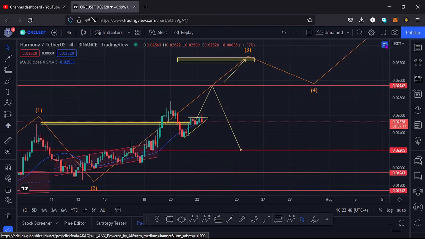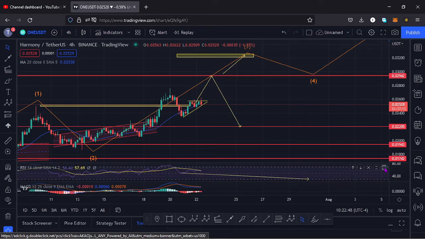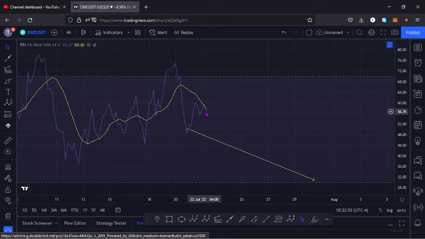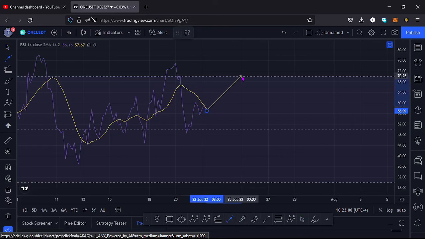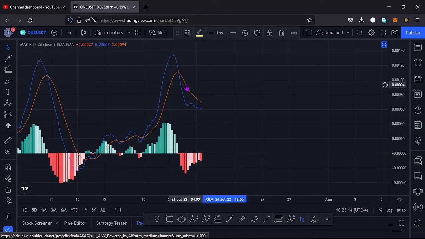And if I also take a look at the indicators, on the RSI we are trading at around the 56 mark, and that would mean we have room for us to continue pushing to the upper side. Once we have that breakout to the upper side, we have room for us to do that. And if we get rejected at those key areas of resistance, it's possible that that move is also accommodated here on the RSI. In the MACD, we had printed a bearish cross over here,